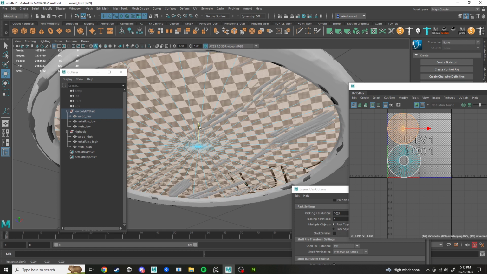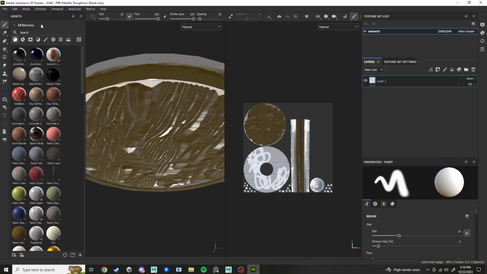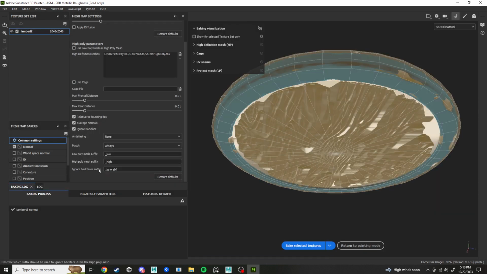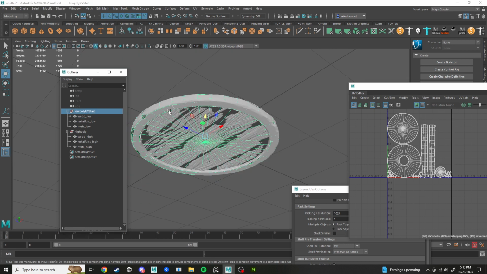Now we could have probably fixed this with rear ray distance in Painter. In the bake mesh maps, you can change how far those rays shoot when they're scanning that model. But now that I fixed it,